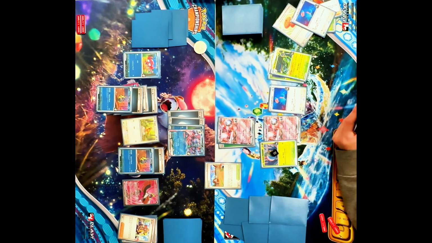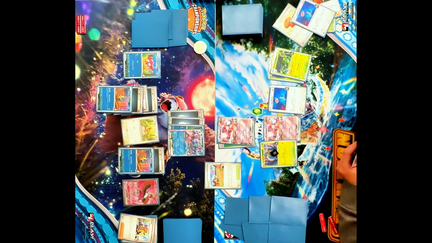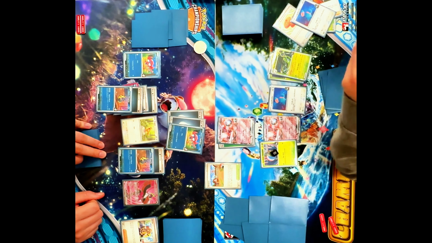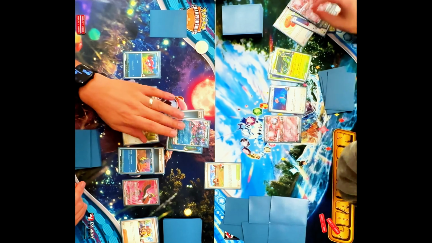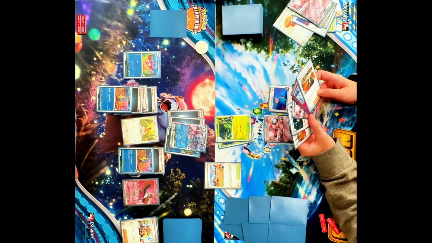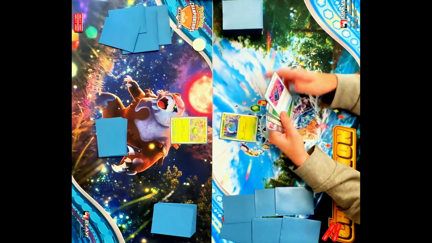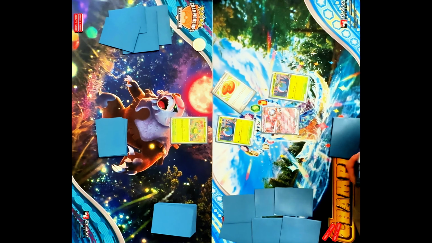He has no energy, so he has to pass the turn. The Marnie player just declares an attack, knocking out the Mewtwo EX due to weakness, and the Tarantula on the bench. He then concedes. Game 2, he starts first and starts Tarantula and benches Mewtwo EX, then plays Buddy Buddy Poffin